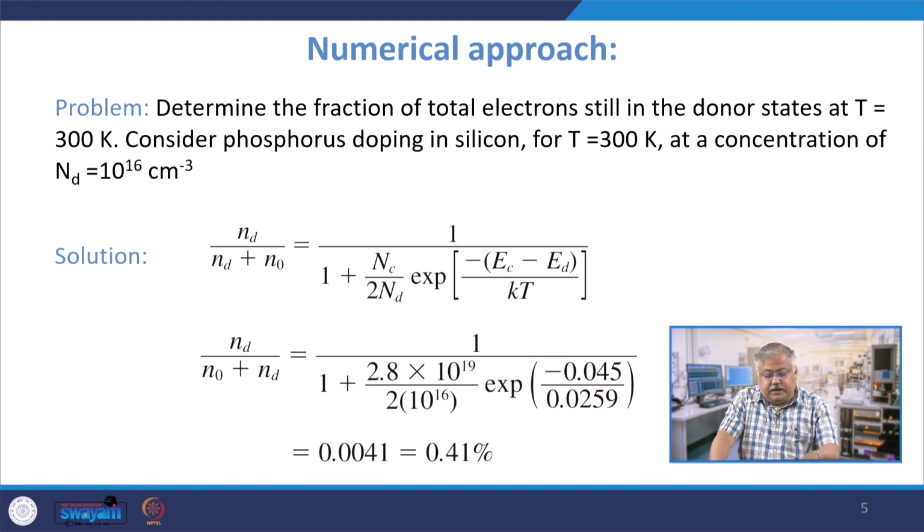What we are looking at is, we determine the fraction of the total electrons in the donor state at T equals to 300 Kelvin. So you need to find out the reverse, you need to find out how many of the total electrons are available in the donor state, rather than which have actually moved to the conduction band edge. So if you solve it with Nd equals to 10 to the power 16 per centimeter cube, I get this value to be approximately 0.41%, which means that